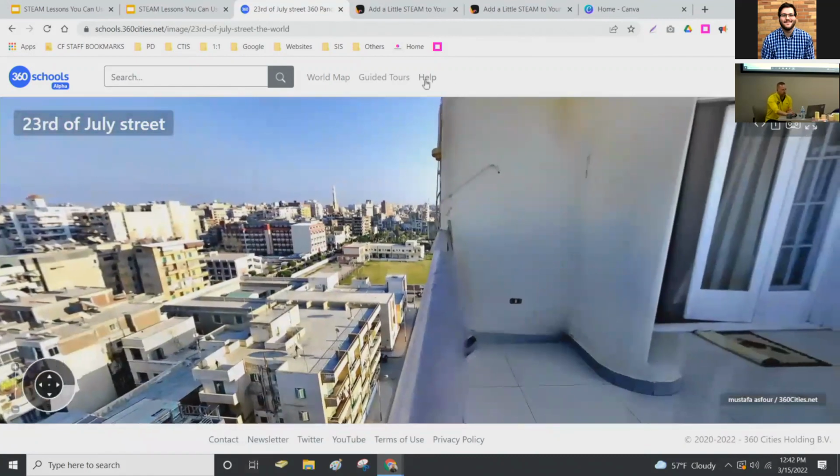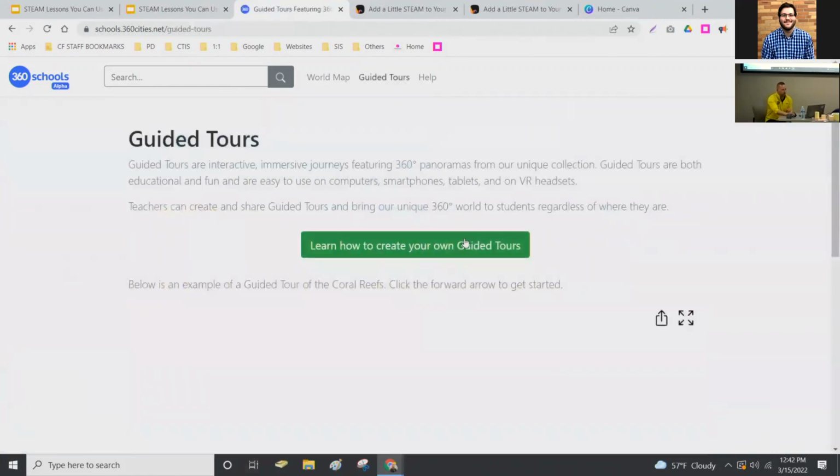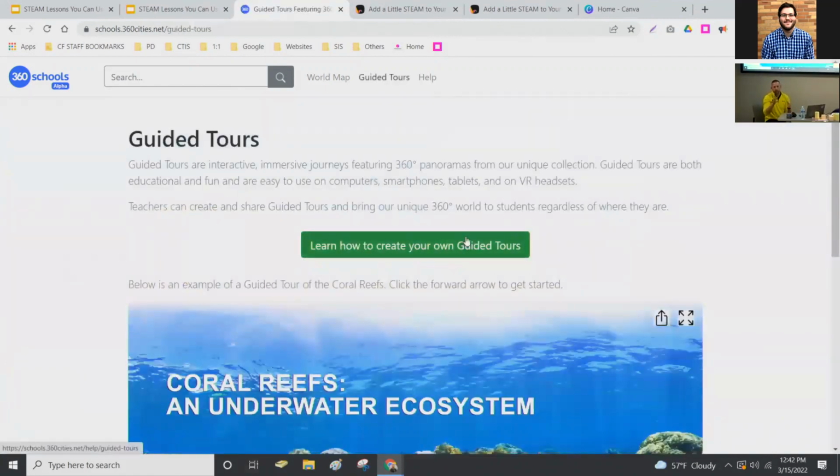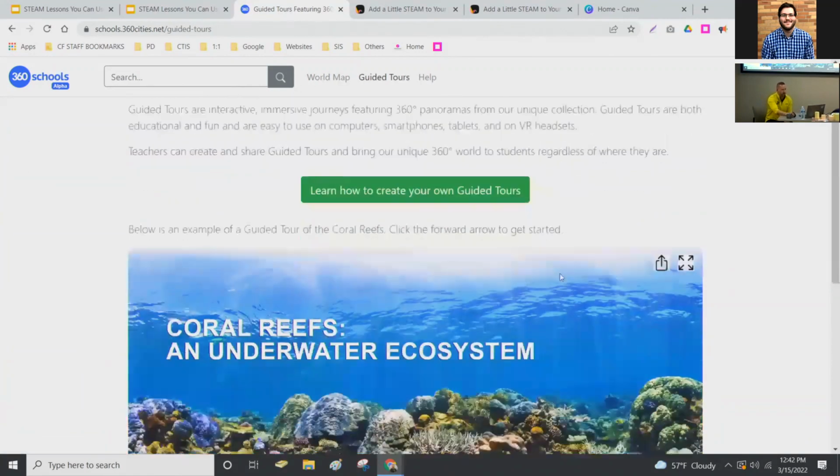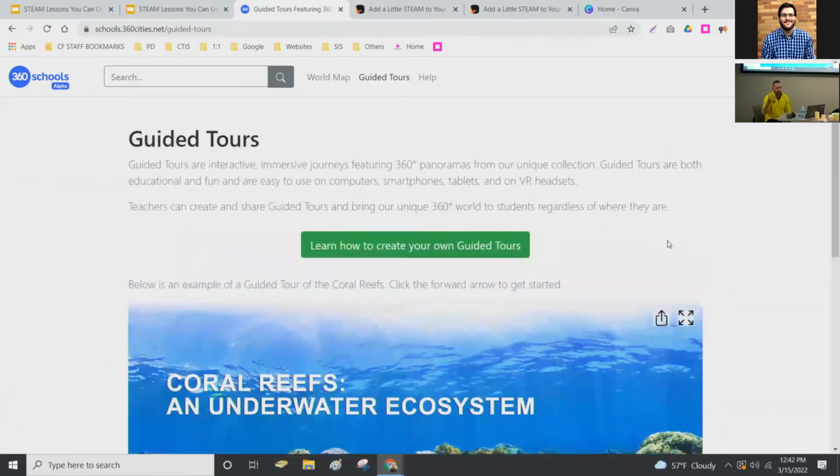But even better, if I create my own guided tour and I use theirs, I could add tags. Just like text boxes, I could actually add quiz questions. So the teacher can add quiz questions to the 360-degree picture, but so can students. And those can be easily shared. So if you haven't seen 360-degree schools, there's your own 360 camera and all the editing. This is just, they've already got the pictures. You just sign in and you can create on top of what they provide.